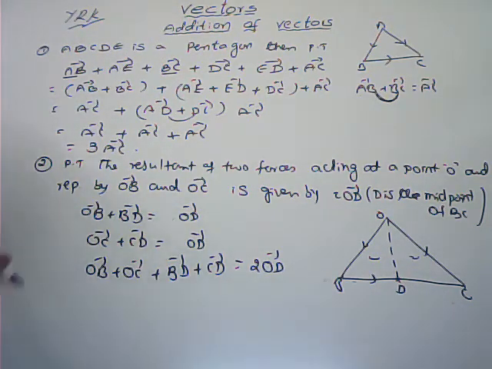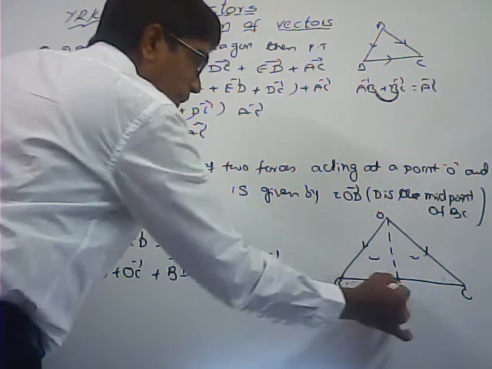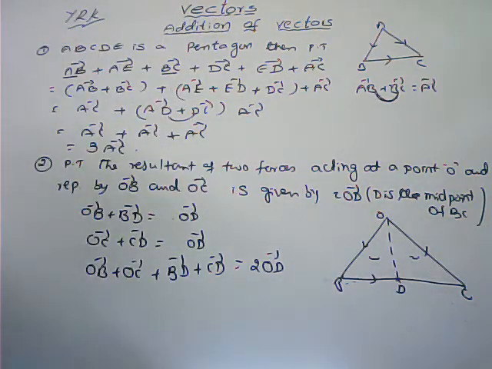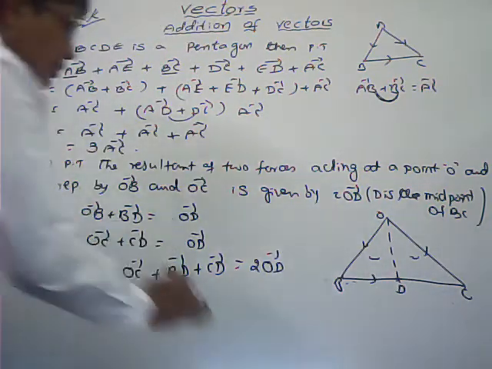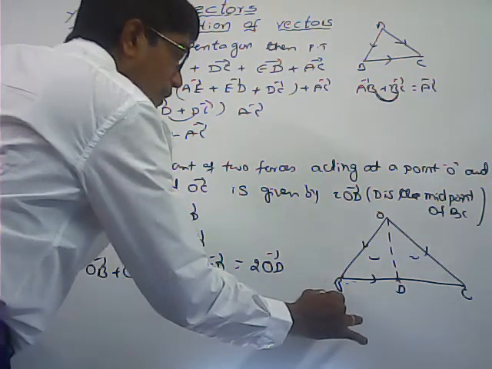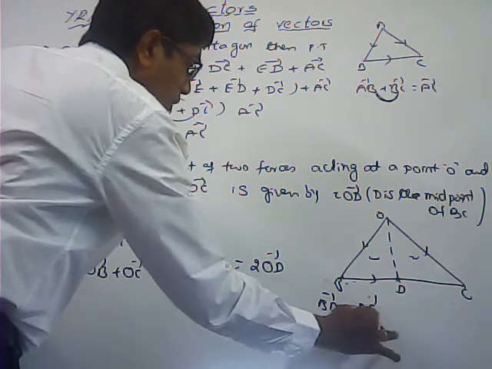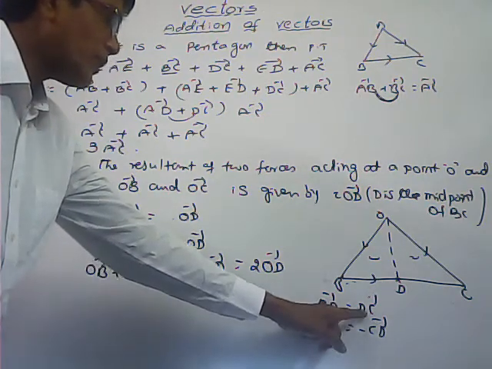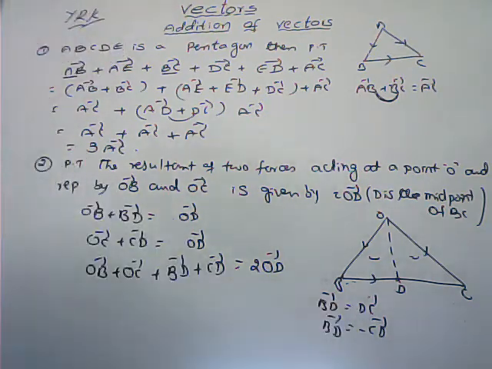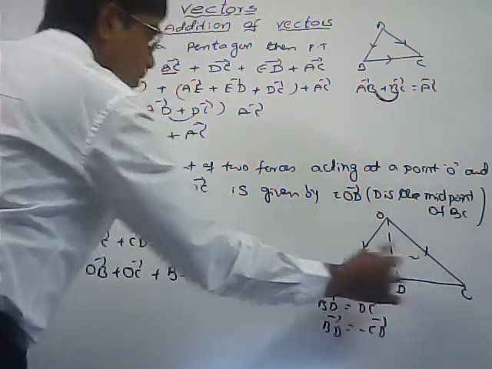Now previously I told you about the negative of a vector and equal vectors. Here D is the midpoint, so BD bar and DC bar are both collinear vectors. BD bar is equal to DC bar, but BD bar is also equal to minus CD bar. This is the negative vector of DC bar, since I interchanged the terminal and initial points. So BD bar and DC bar have the same direction and are equal.